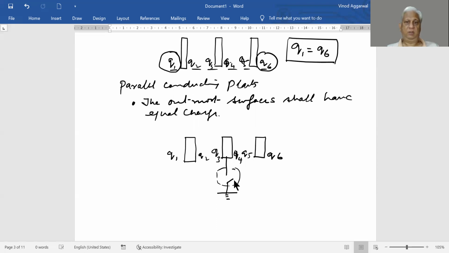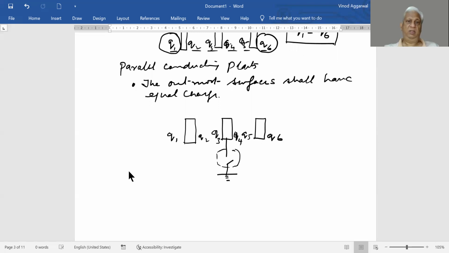Now, as soon as we close this switch, the charges on these plates will redistribute. Earlier we had seen that Q1 should always be equal to Q6. But now there's another condition when we earth it, that they are 0 as well. So this vanishes,